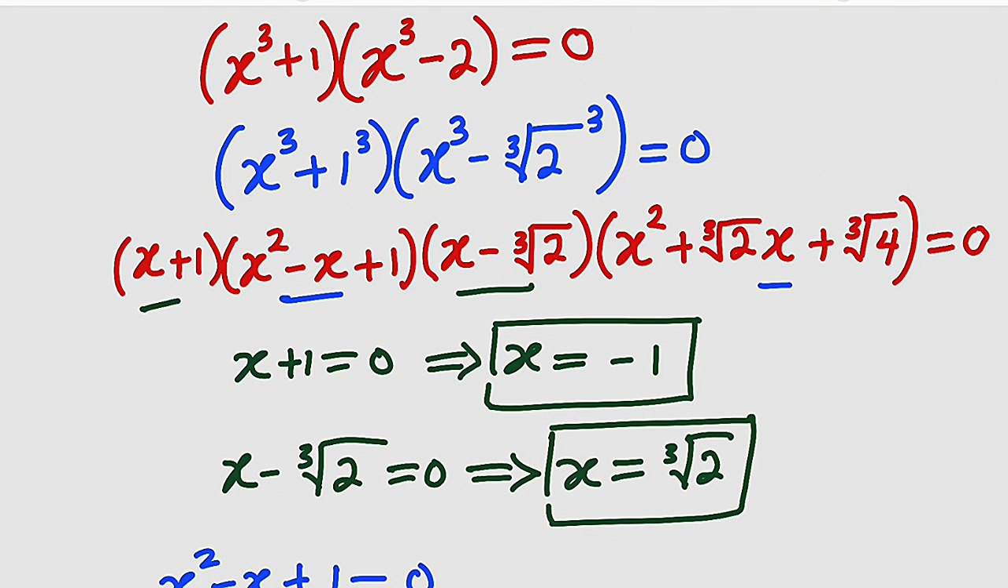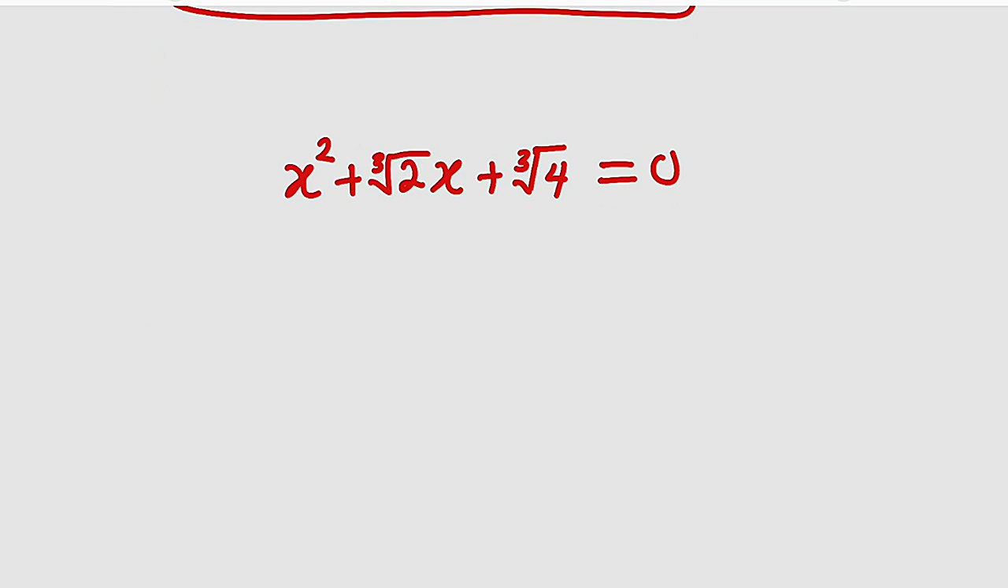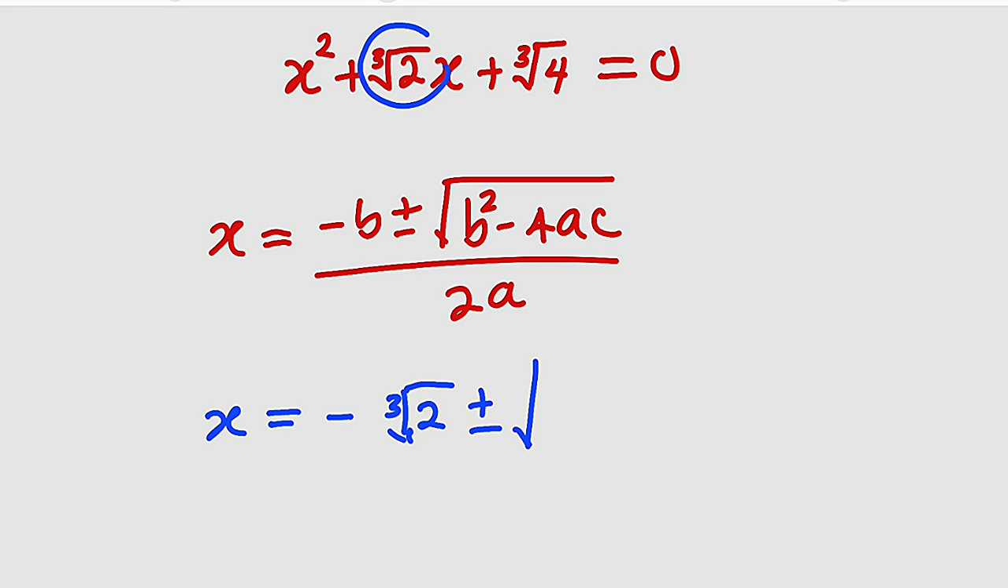Let me take this and set it to be equal to 0. All right, we are going to apply the general formula again. We have x to be equal to minus b, and b is cube root of 2. So we have cube root of 2 plus or minus square root of b squared. This is our b. If you square that, you're going to obtain cube root of 4. So we have cube root of 4 here